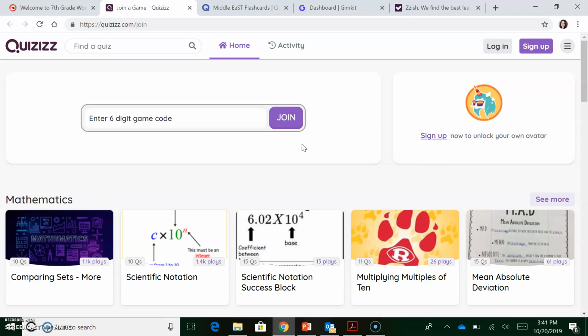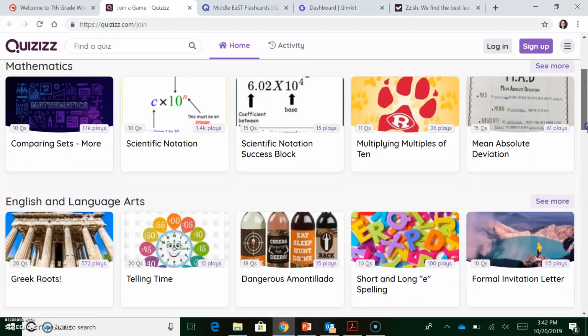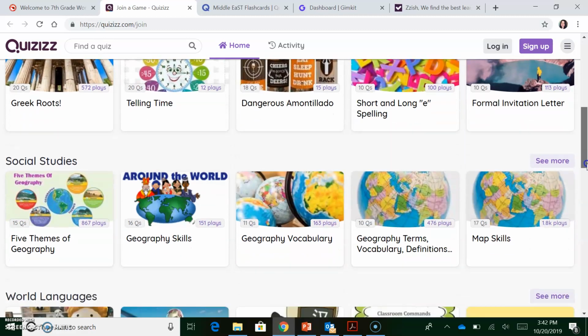What's nice is that instead of having it on the board where everyone's seeing where you're at, it shows who you're playing against. Yes, there is still that competitive element, but you're not seeing which questions you got wrong. It's mostly out of total points. I've noticed when my students have played Quizizz, they like it a lot better than Kahoot, partially because it's their own pace and they don't have to worry about, oh my gosh, Miss Murphy, the question's almost over. They don't have to rush that.